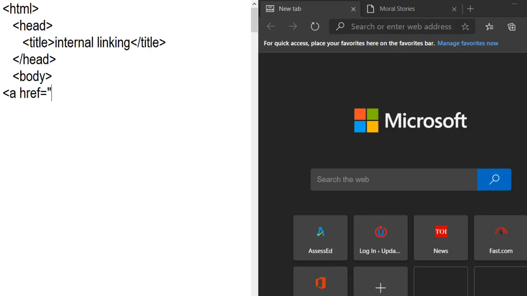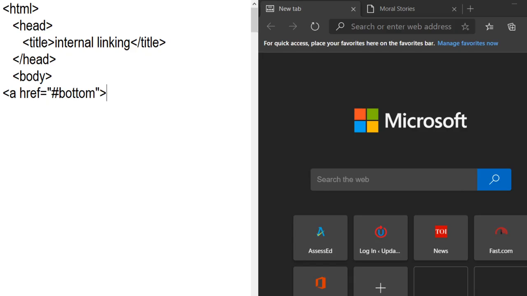For example, we have written thirsty crow at the bottom of the web page. So you can write a href, then a hash sign, and then write bottom in inverted commas, close the angular bracket, and after that write the hypertext, any text.